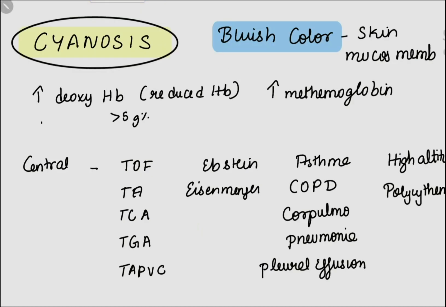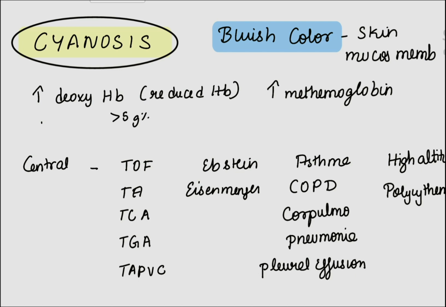Next, cyanosis. Cyanosis is the bluish coloration of skin and mucous membrane. Here there is an increase in deoxyhemoglobin, that is the reduced form of hemoglobin, and there is even increased methemoglobin. The increase in deoxyhemoglobin is more than 5 gram percent. The causes of cyanosis, central causes include 5Ts and 2Es, that is tetralogy of Fallot,